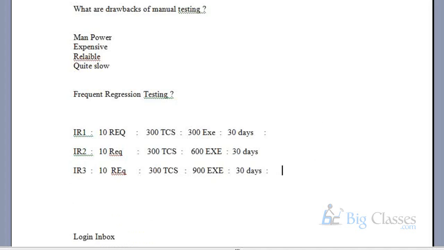Now, whenever you get a new build, that new build will directly go to the manual testing people. IR1 is a new build, the first time. The first new build will directly go to manual testing. Now I get IR2, so IR2 is the new build. Now I have IR1 also, and IR1 is the previous build. Whatever IR1 test cases we have will be taken care of by the automation people. IR2 will be manual testing. IR1 will be automation.